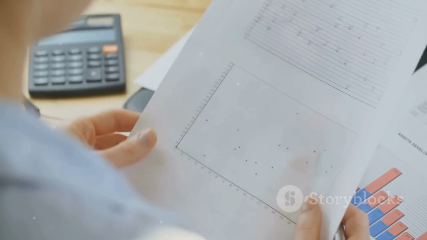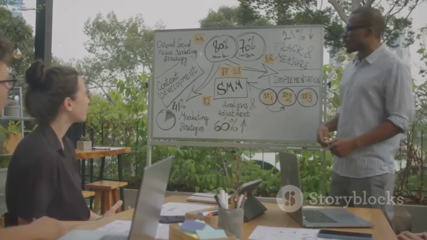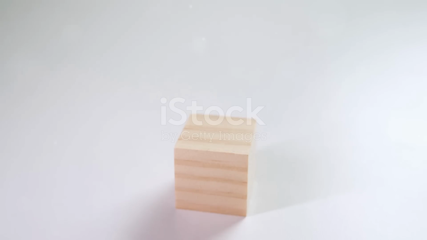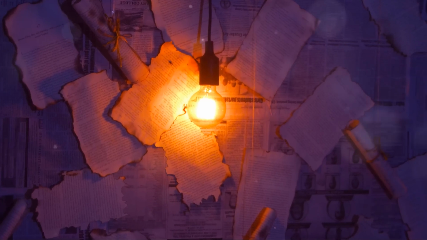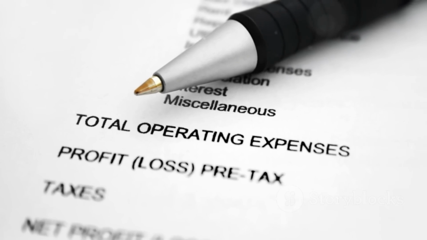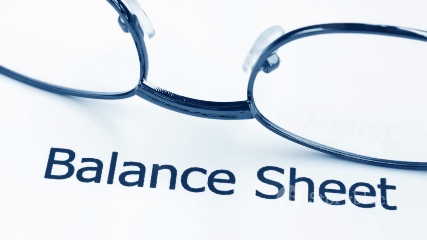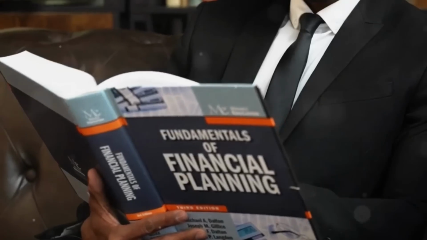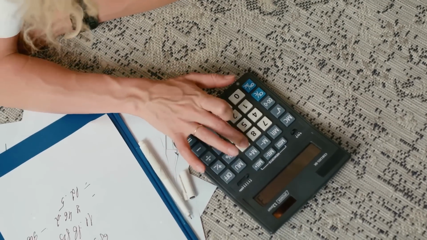Before we dive into the world of balance sheets and income statements, let's get familiar with the essential terms in accountancy. Think of these terms as the building blocks of your financial house. Once you understand them, everything else becomes much clearer. We'll start with 5 key concepts: assets, liabilities, equity, revenue, and expenses. Don't let these words intimidate you. They're just fancy names for things you deal with every day.